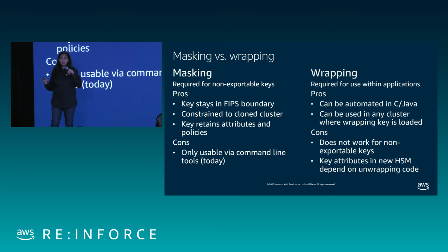Right? So quick comparison, masking versus wrapping. We get this question a lot, which one's right for you? Masking is proprietary to Cloud HSM, so you're not going to have it through PKCS 11 or JCE. Generally, you want to use masking for the bootstrap keys, the ones that are going to enable you to do programmatic wraps and unwraps in bulk crypto. Once you have your bootstrap key across with masking, you can use wrapping and unwrapping to do whatever you want